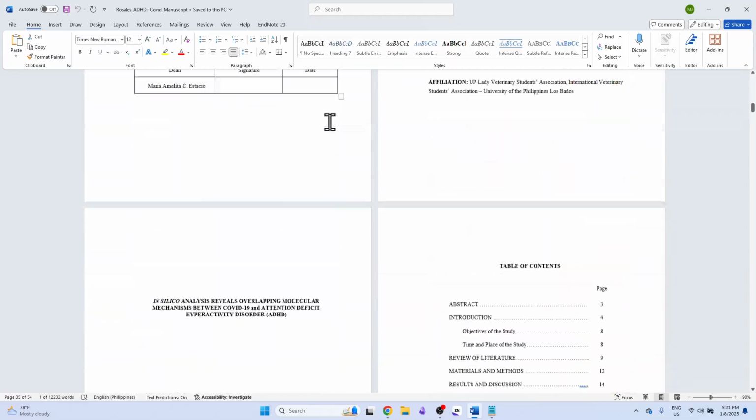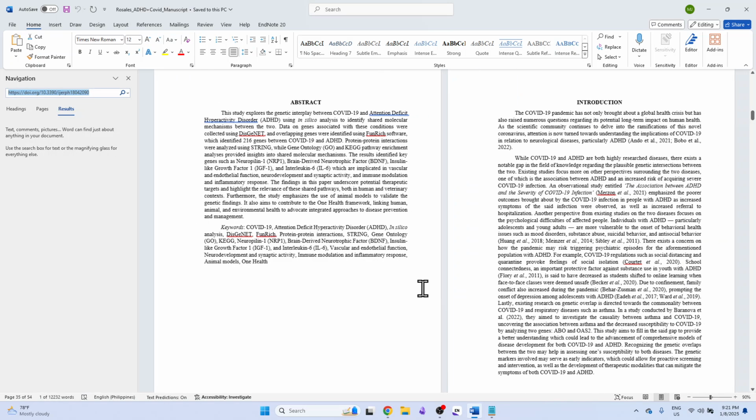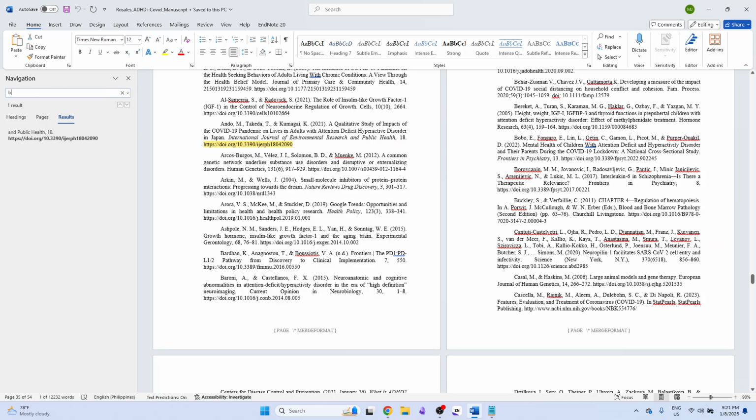So actually what you can do is build your EndNote library first, but just for the purpose of showing it to you. So BOBO, Control F, BOBO, I'll copy this one.